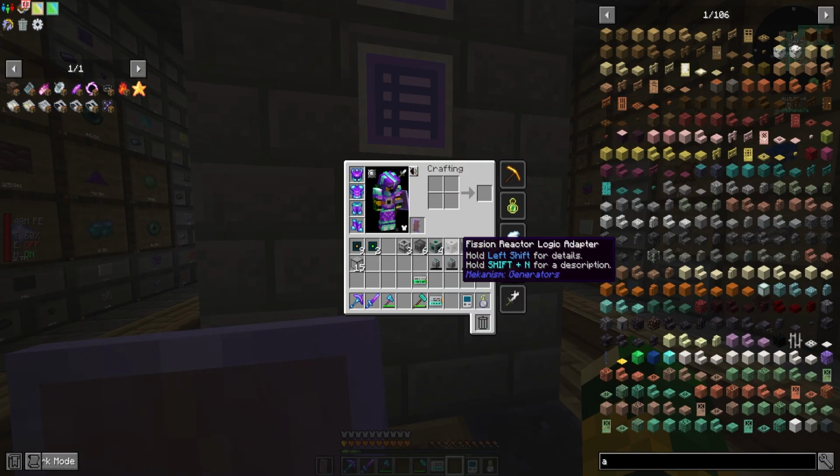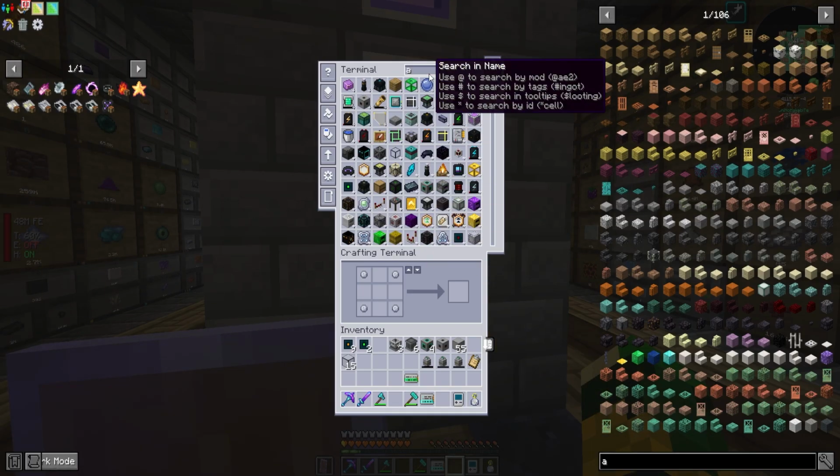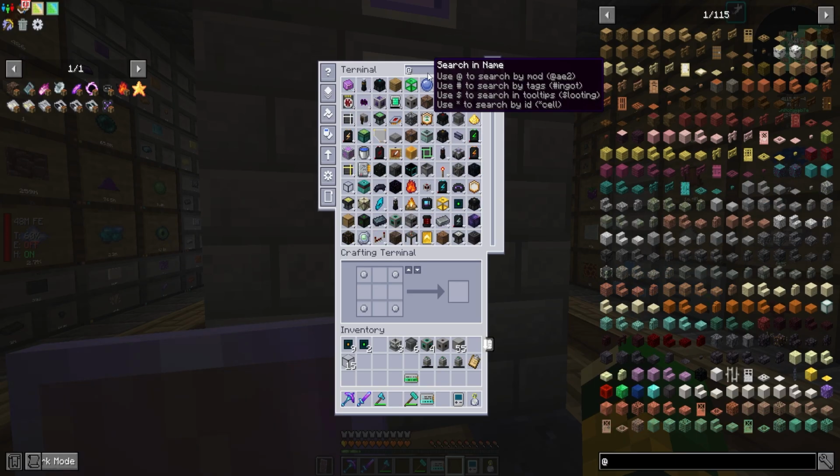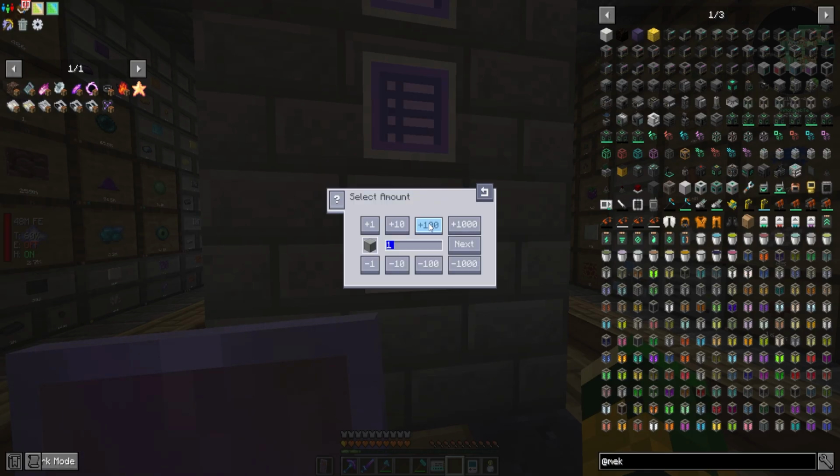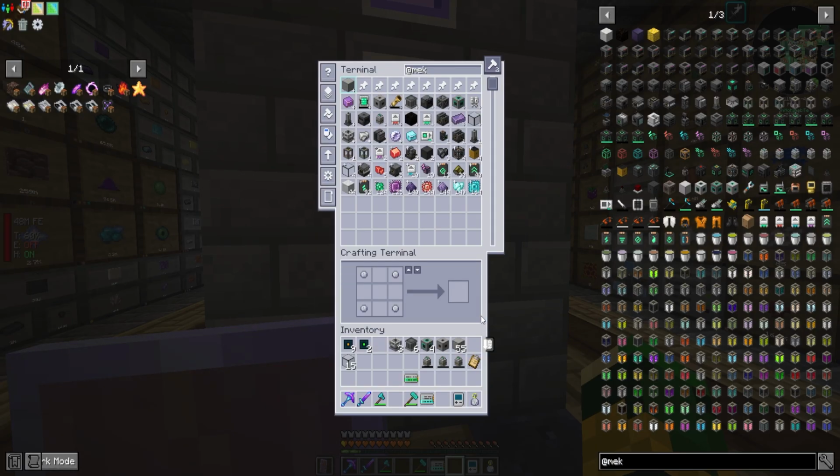I've got some of these here. Let's go to Mekanism. I can't remember if I made these recipes or not. Mekanism. It looks like I did. Cool. All right, so reactor casings. Let's make, I don't know, maybe 200. I have not decided how big we're going to make this yet.